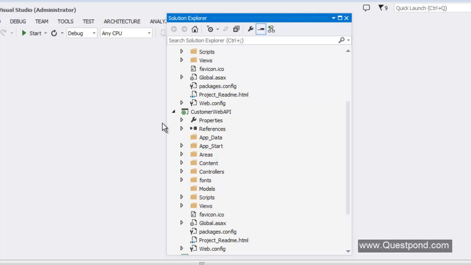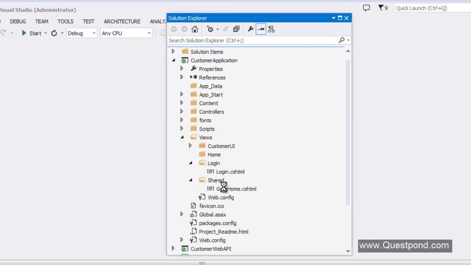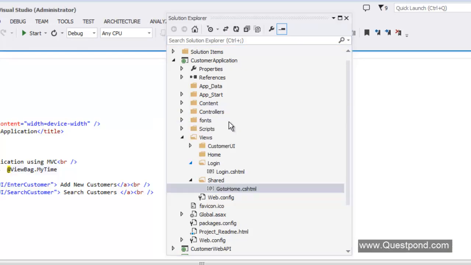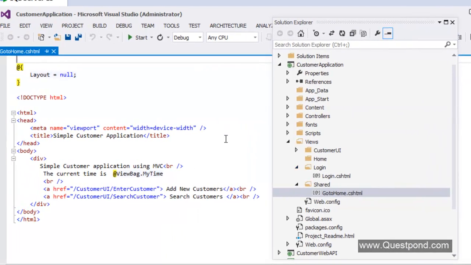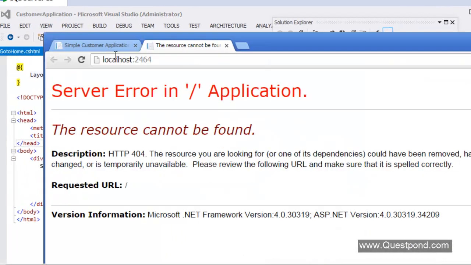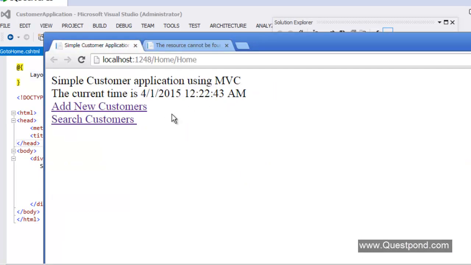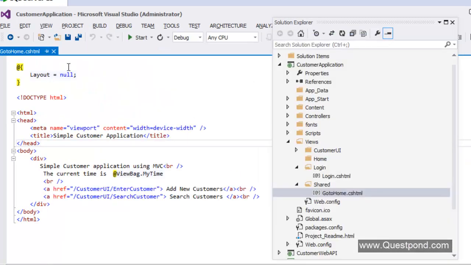If you remember, in the shared folder we had this go to home. So this is the go to home.cshtml razor page.